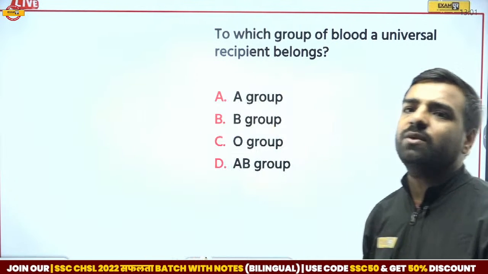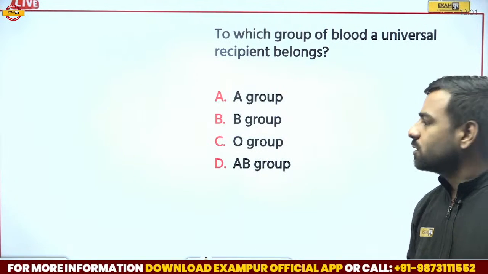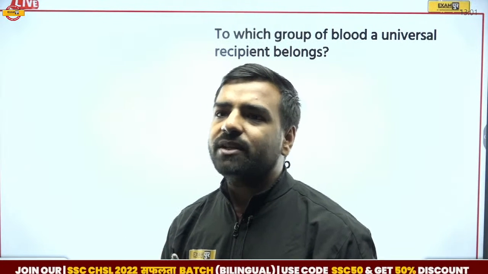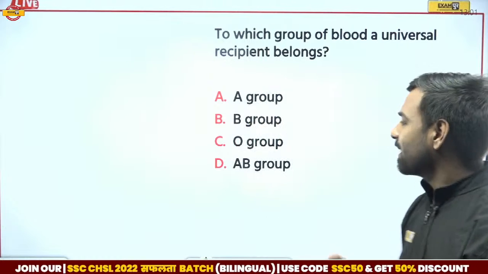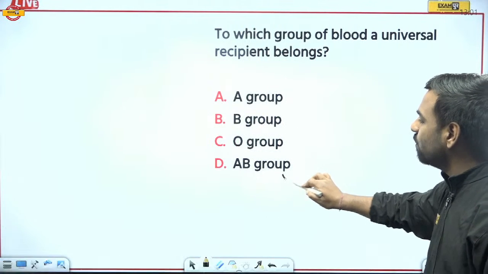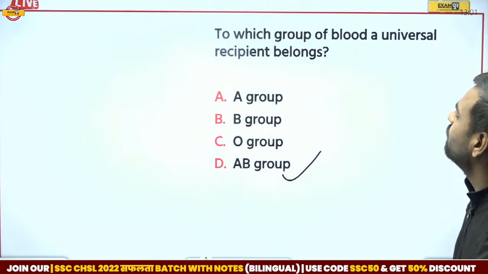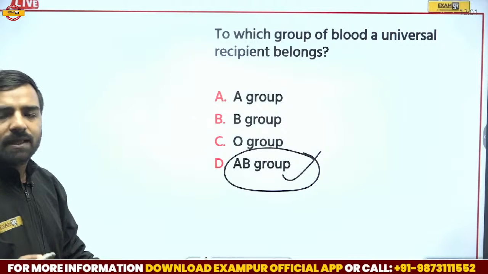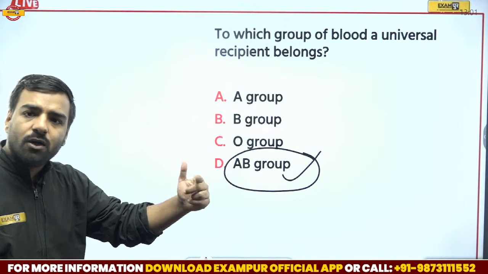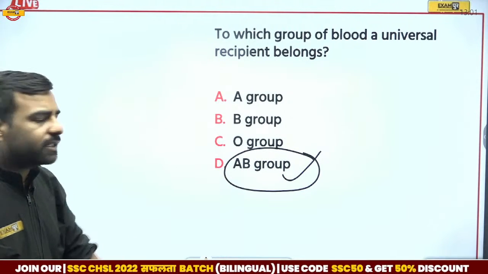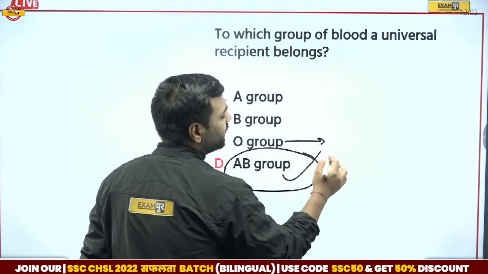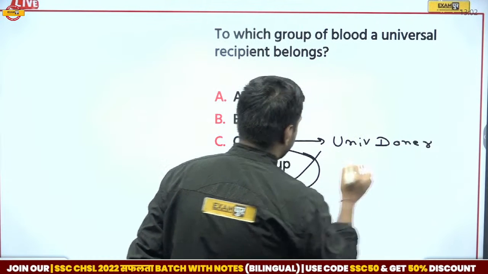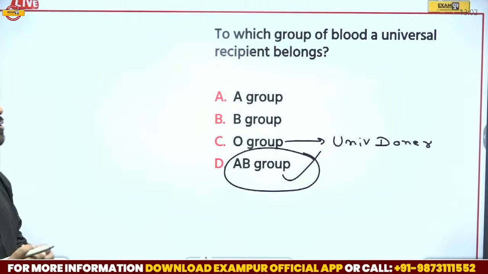So yes, what do you think? What is going to be the correct answer here? Are you going with the O group, Shubham? Jagdishwan is going with AB negative. So that means if I go with this option, I can go with the AB group, right? And you are absolutely correct. The AB group is the one which can receive blood from everyone. Whether it is O, A, B or AB, it can receive blood from everyone. But O can donate to anyone, so it is the universal donor. And option D, that is AB, is the universal recipient.